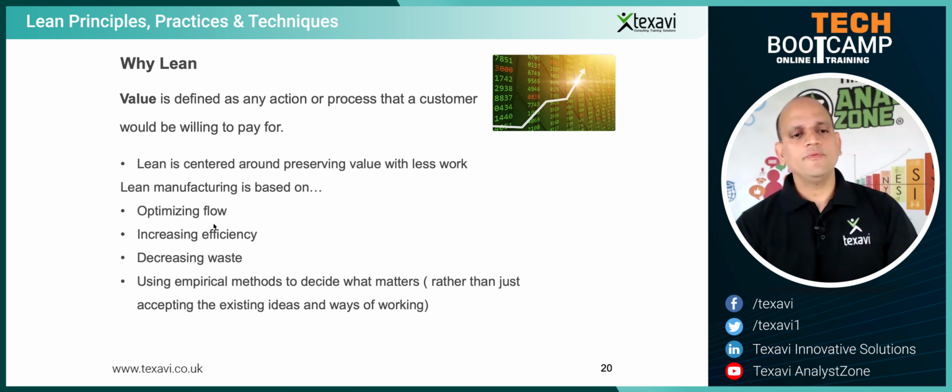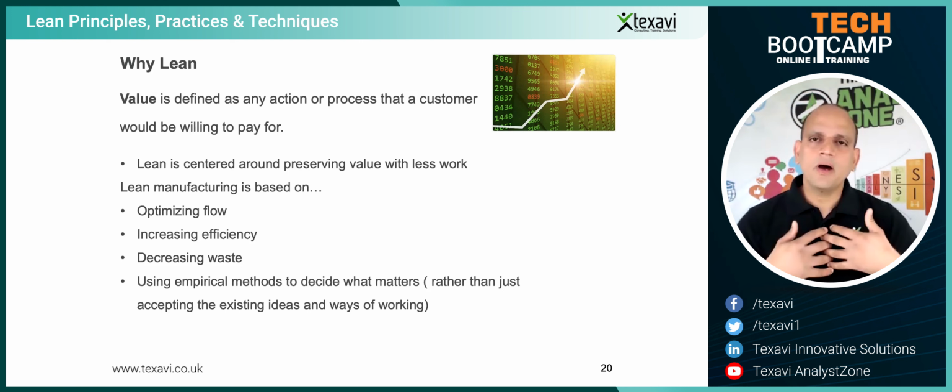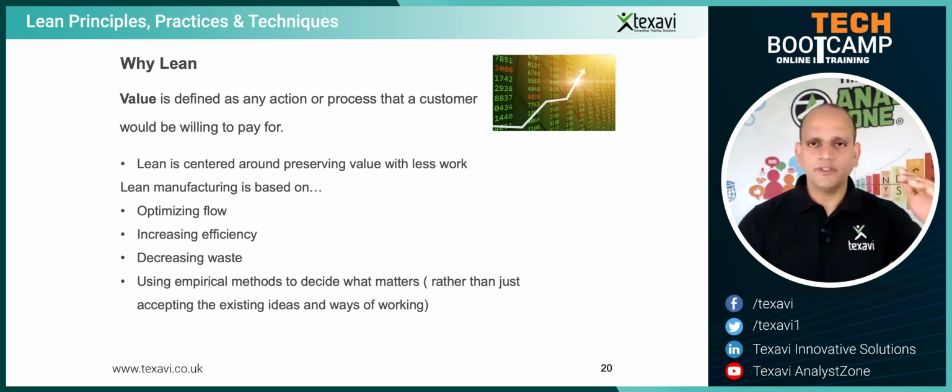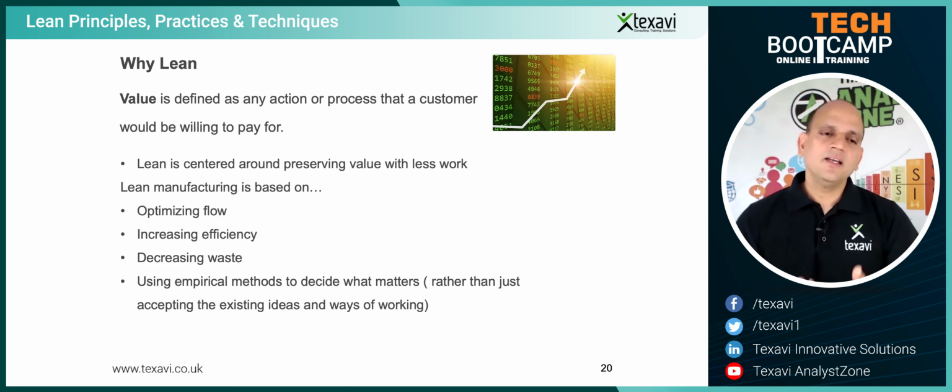So one thing is obviously optimizing the flow, how you need to really optimize the flow. Again, it rings the bell with what we did last week, which is Kanban, right? It's all about the flow. It's about how you can flow the work from one person to another, from one resource to another, from one stage to another. So it's the same with lean as well. How can we optimize this flow without having too much wastage, too many dropouts, too many defects in the process? And increasing efficiency, very important, even in the context of software development.